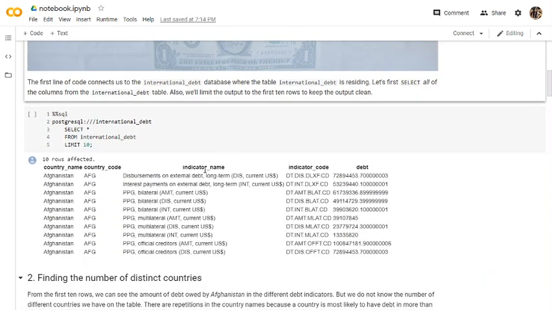First of all, we are using this cell magic %%sql. This will just give the instruction to Google Colab or Jupyter Notebook that this particular cell is reserved for SQL. PostgreSQL, okay, international debt. And the first query that we're going to write is for just viewing the data from